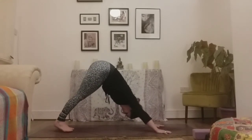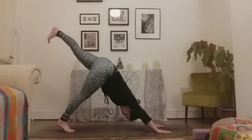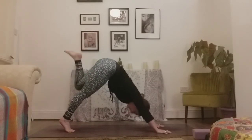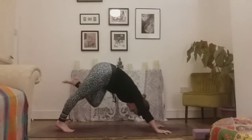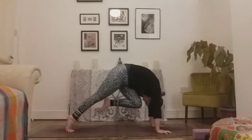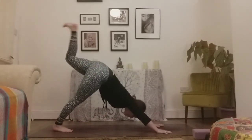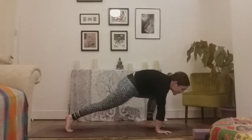On the next inhale, picking up the left foot this time, sweeping it high, 3-legged dog. Come high onto the tiptoes on the right foot. When you're ready, rounding forwards, left knee to nose, get it to tap if you can, and then inhale, sweep it back. Exhale, knee to nose. Inhale, sweep it back, 3-legged dog. Last time, left, and then stepping, left foot through,